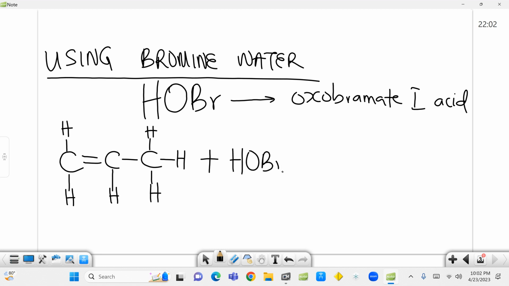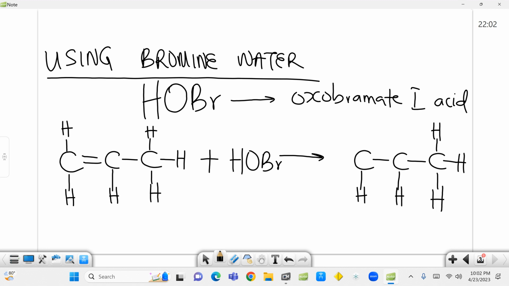Bromine water, HOBr. Remember, this is an addition reaction also. Therefore, we are breaking the double bond to make it become a single bond. So the unsaturated substance gains a degree of saturation. We are now adding HOBr to this. Let's put our Br right here and put our OH right here. So we have propene, which is the substance we are reacting with our oxobromate 1 acid, and in this case we have